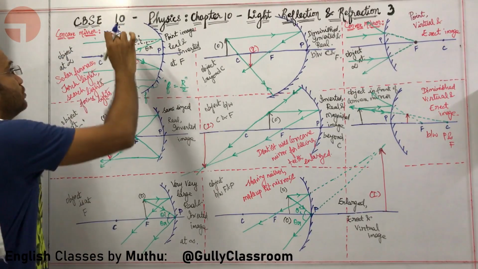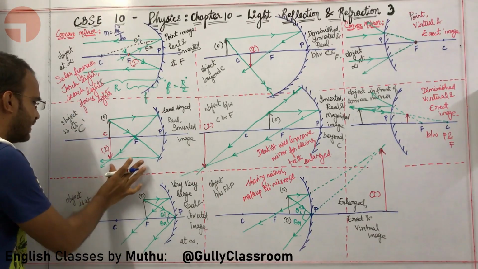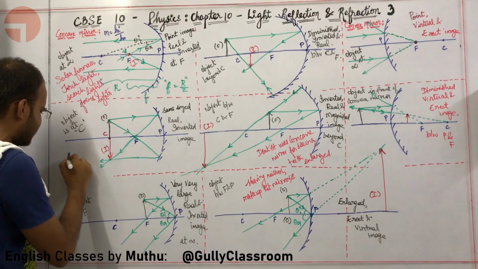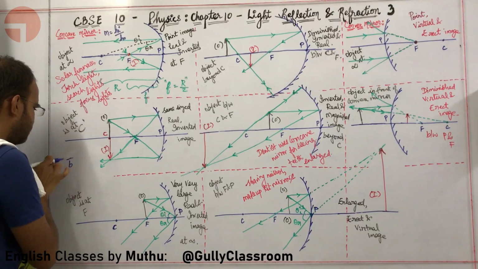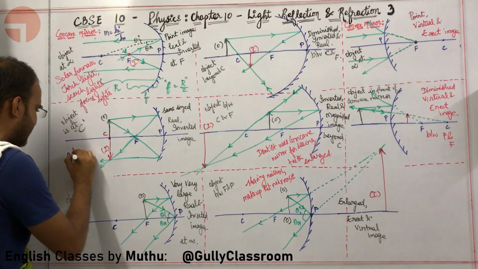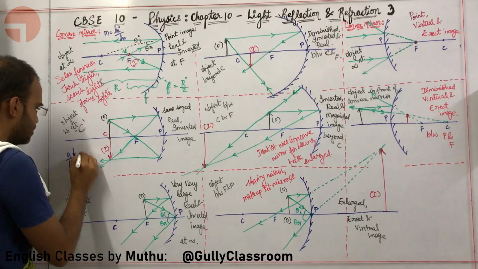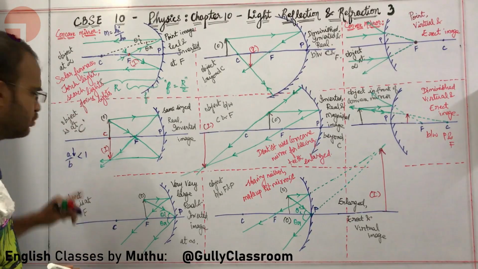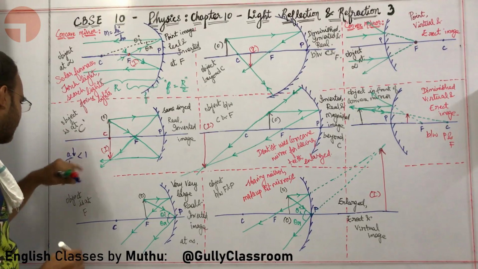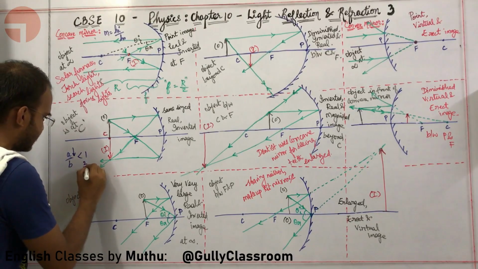Before understanding magnification, we need to understand a type of mathematics that has already been taught in 9th. What, sir? Let us take a fraction a by b. In a by b, if a is lesser, this entire fraction is going to be lesser than 1. If the numerator is lesser than the denominator, the entire fraction is lesser than 1. Sir, give an example for this particular idea. Okay, let us take 2 by 5.